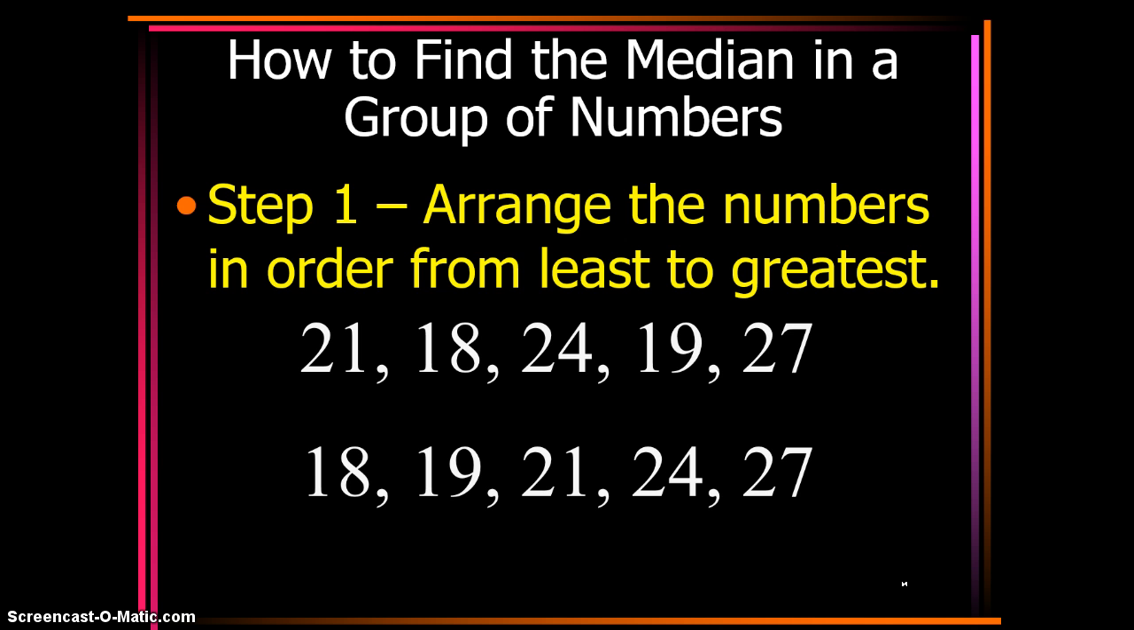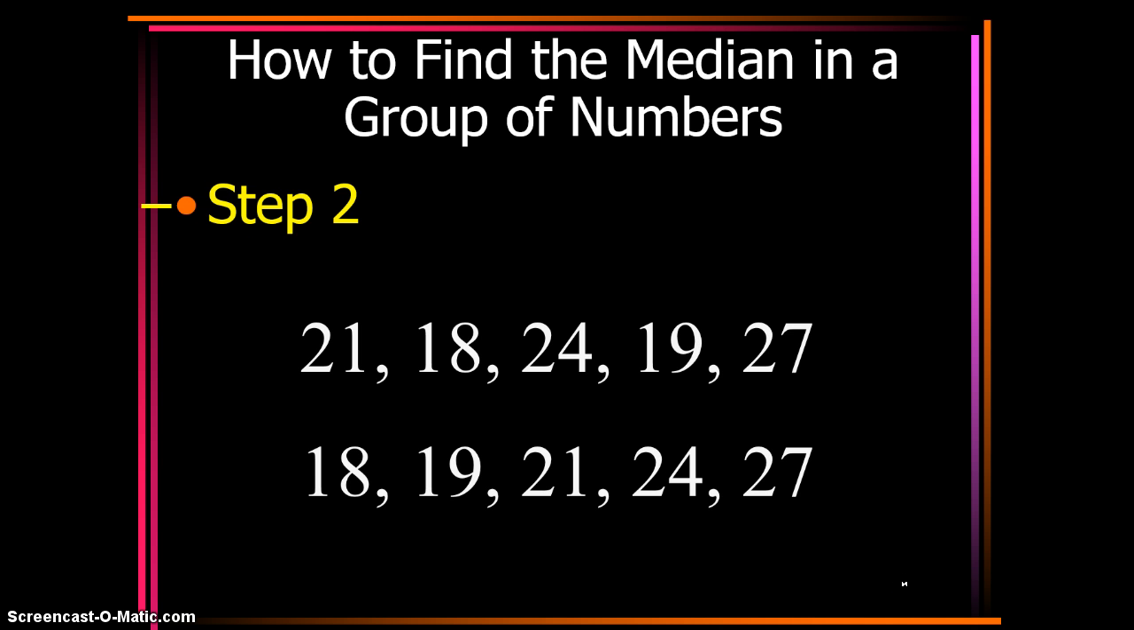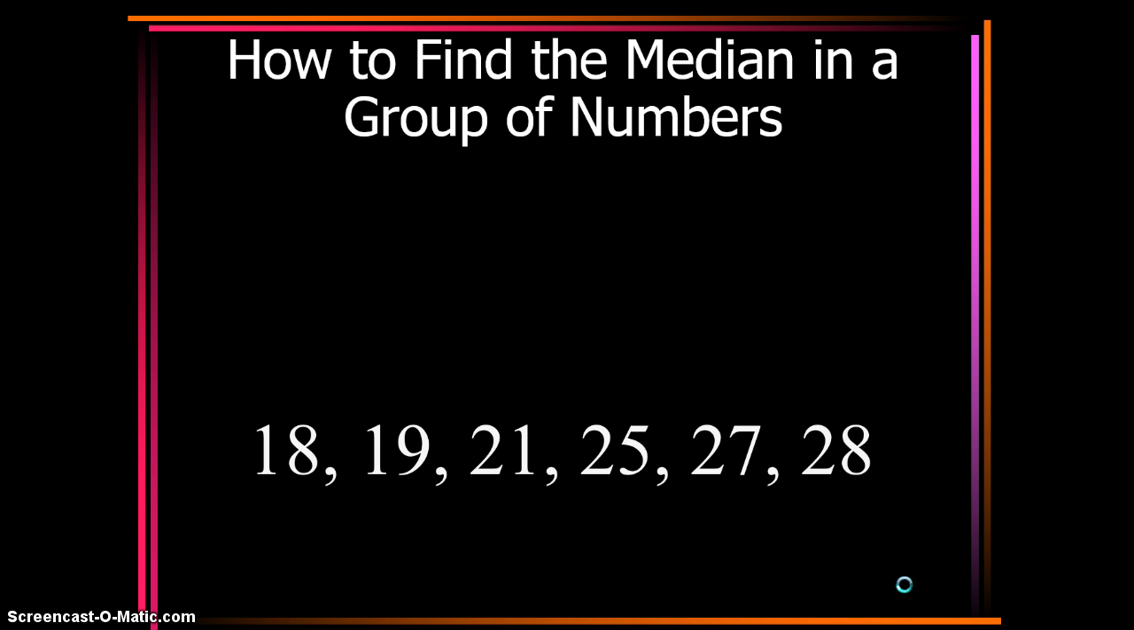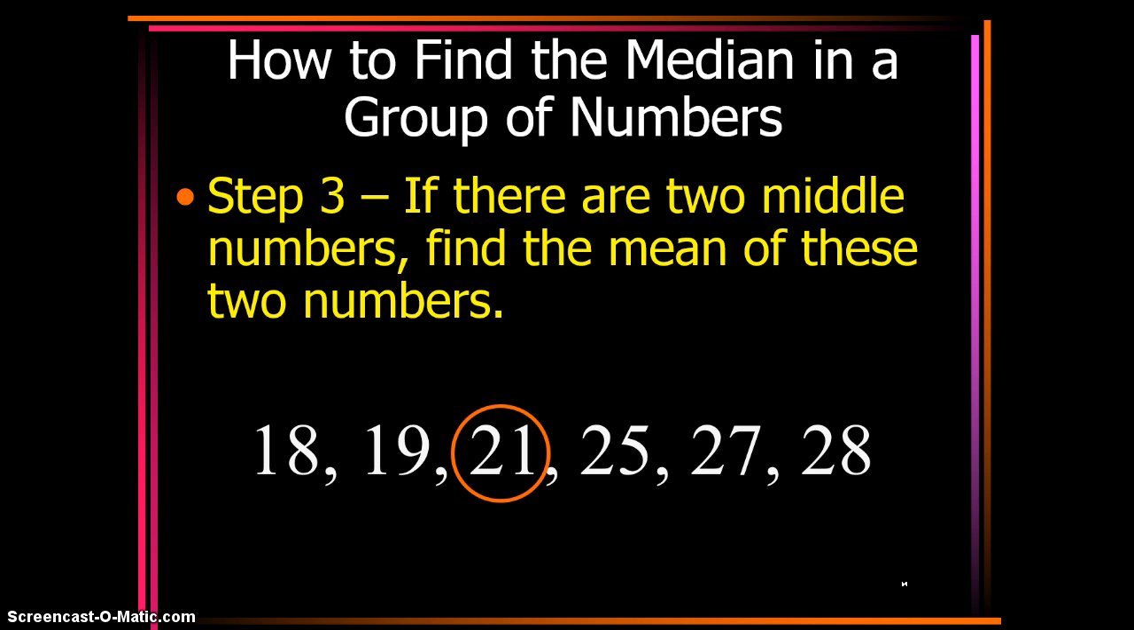Now we're going to take the number that falls in the middle, and it's actually 21. That's important because if you had gone with the first list with them all mixed up, you would have gotten the wrong answer. So please take the time to put them in order. Now, and then step 3,